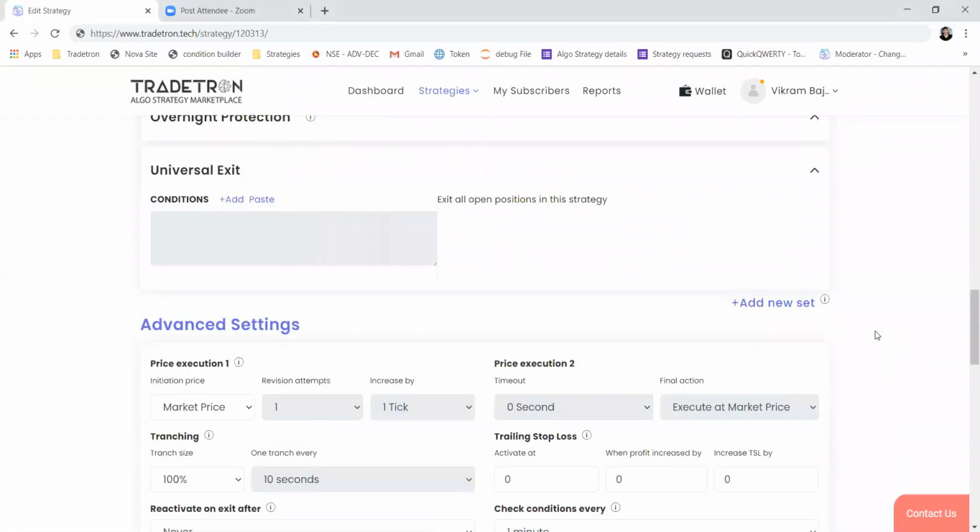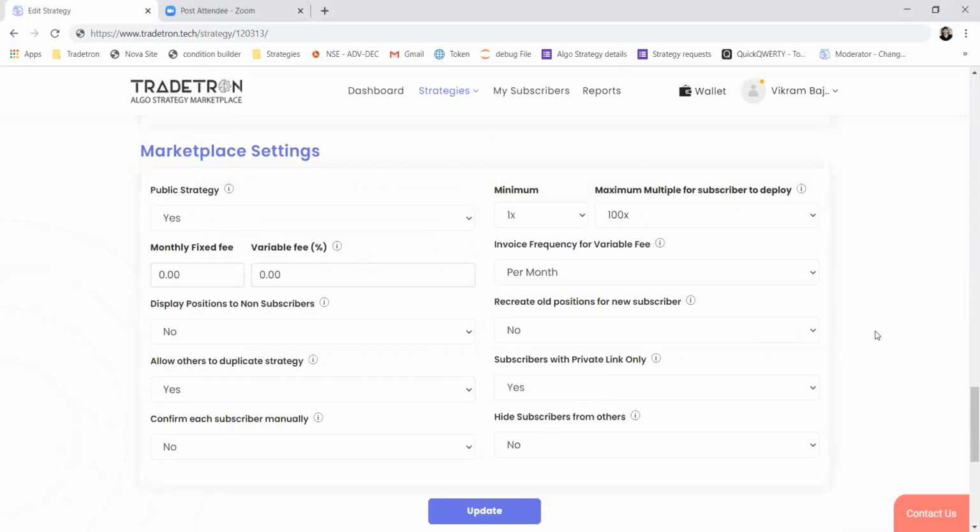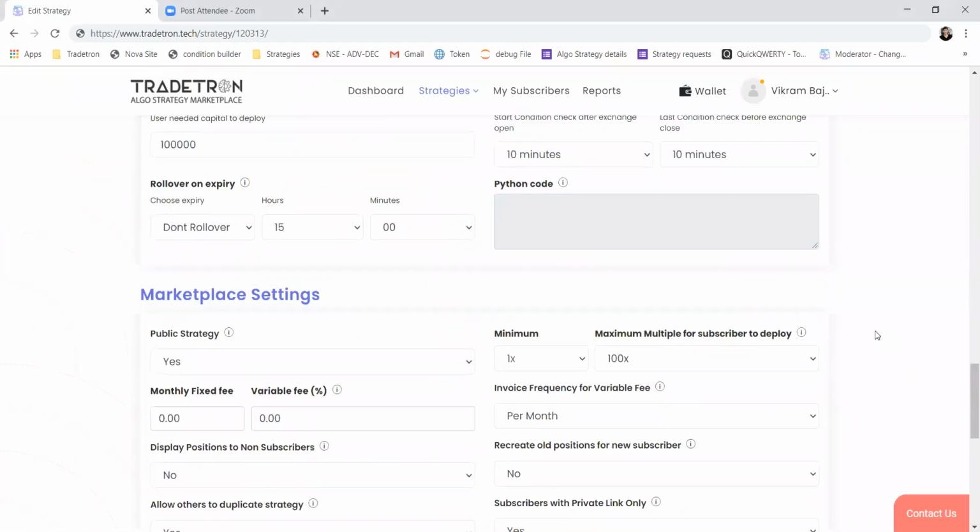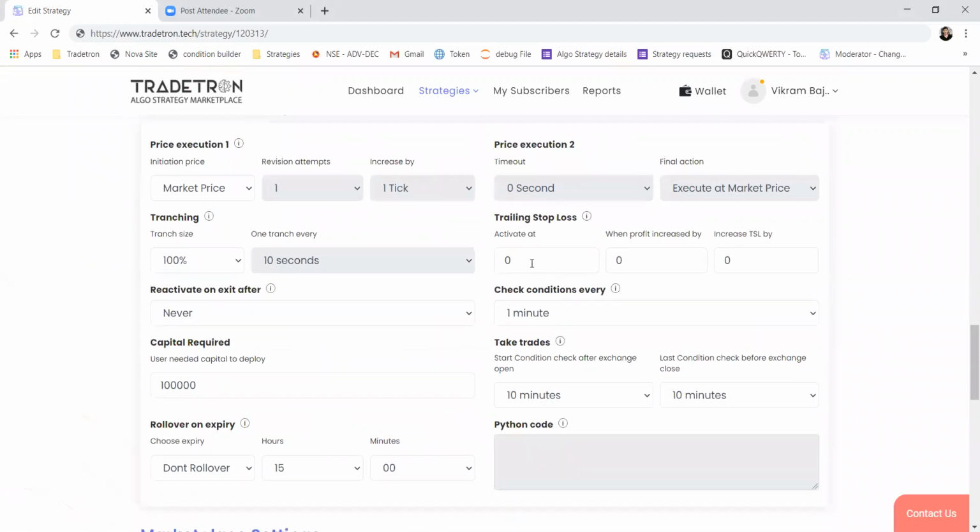Let's say you started this portfolio with 1 lakh capital, and if profit reaches 30,000, then after that you don't want to exit at loss. So if PNL goes below zero, it will exit all the open positions in your strategy, and your whole portfolio will be exited. After 30,000 profit, with each 1 rupee increase in profit, increase your trailing stop loss by 1 rupee. So you can keep this setting.